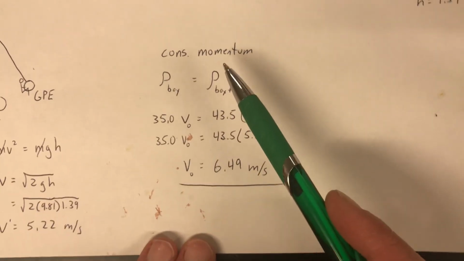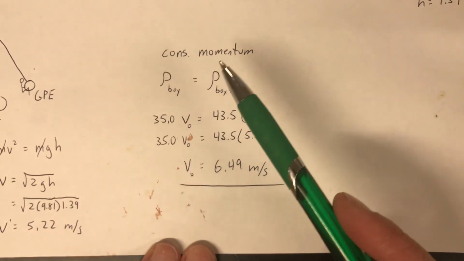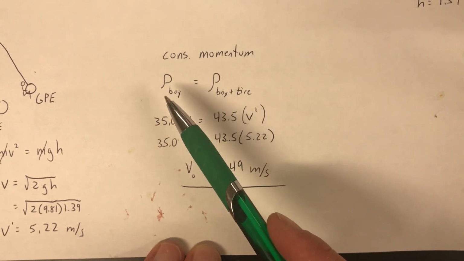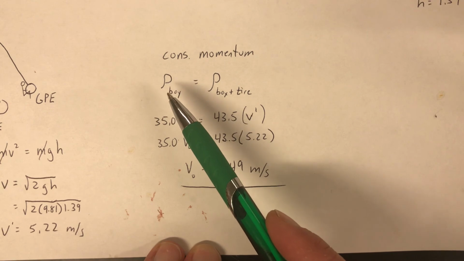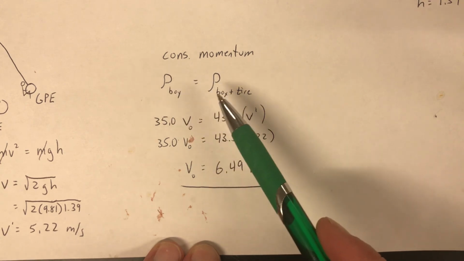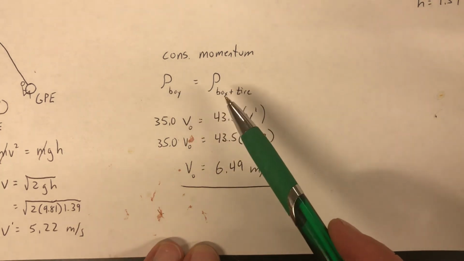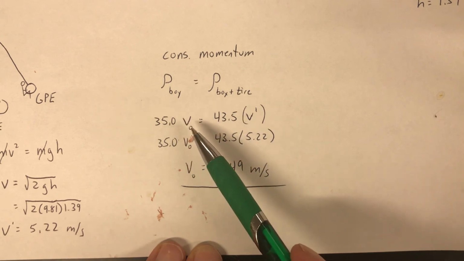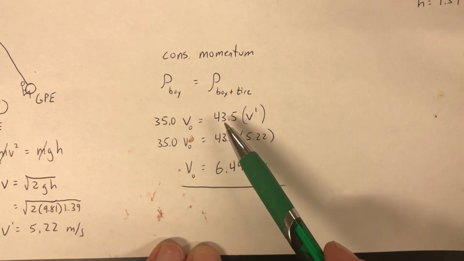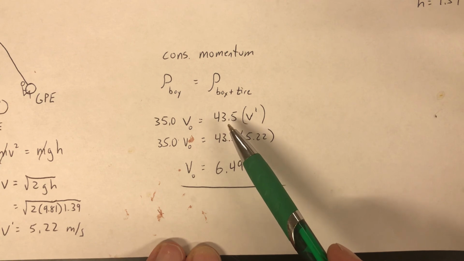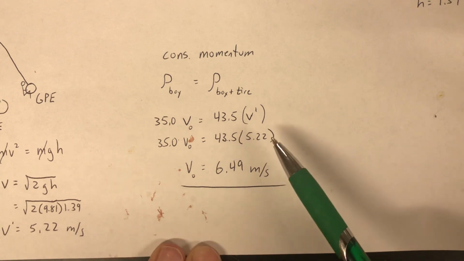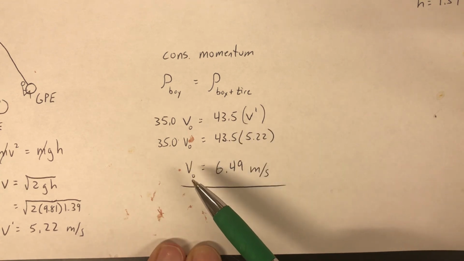So then we can use conservation of momentum to cross that barrier of the collision where energy can't transfer. So we know that the initial momentum was all in the boy as he was running. After the collision, the momentum is combined between the boy and the tire swing. So we know that the mass of the boy is given as 35 kilograms times the initial velocity. Afterwards, we've got the combined mass of 43.5 kilograms times v prime, which we determined was 5.22 meters per second. And then you can solve for the original velocity as